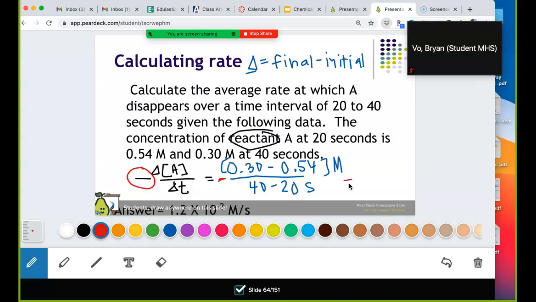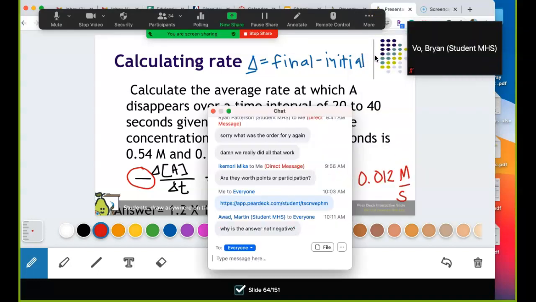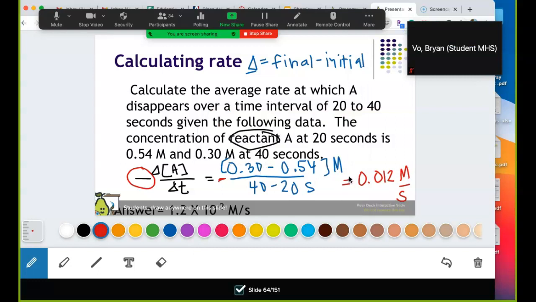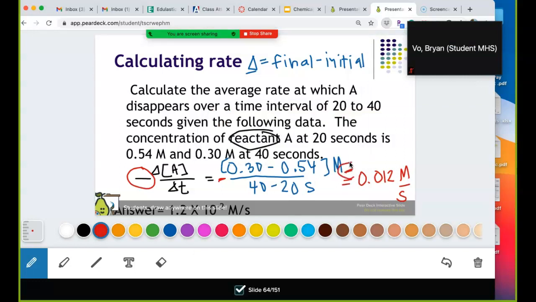So when you calculate it out, I wrote it in scientific notation, but you can write it in standard notation. So you're losing this much concentration per second of reactant A. This is standard notation. This is scientific notation. Well, you can throw a negative out in front of there, but just remember that this just means